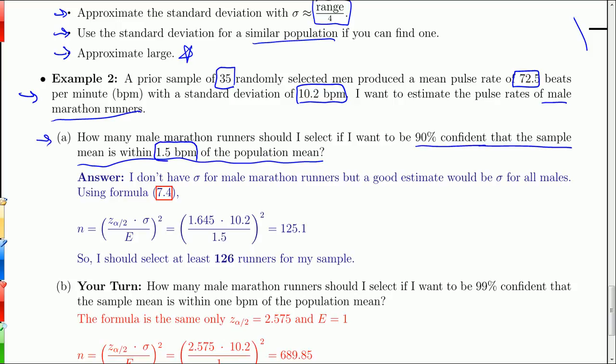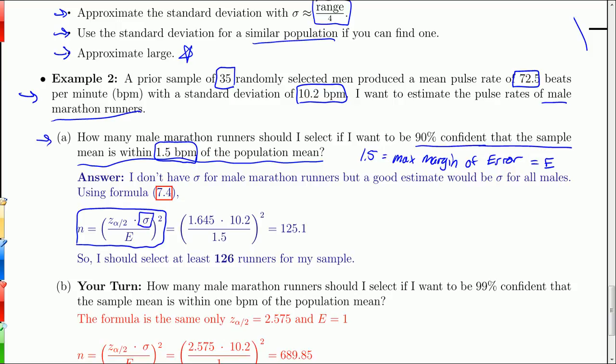So this 1.5 beats per minute, that 1.5 is the maximum margin of error. Right? That's the error I'm willing to tolerate. Max margin of error. And we're going to set that equal to E in my equation. Okay, but if you look at my formula above, and I rewrote it here for convenience, so I have E, that's 1.5. I can get Z sub alpha over 2,